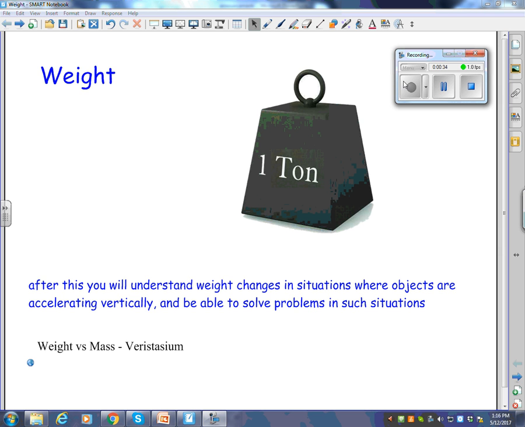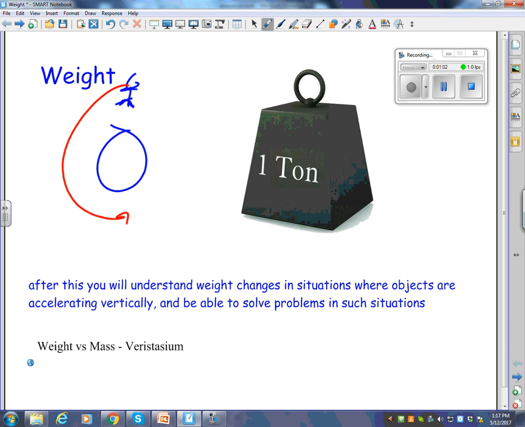Alright, so today we're going to talk about weight changes in situations where objects are accelerating vertically. As something is being accelerated, and the key word here is accelerated, either up or down, its weight changes. We've already talked about orbiting the Earth. Here's the astronaut, and he's going to orbit the Earth, and I talked about how he's constantly falling, which is why you can't find out his or her weight, because the object that you're using to find that weight is